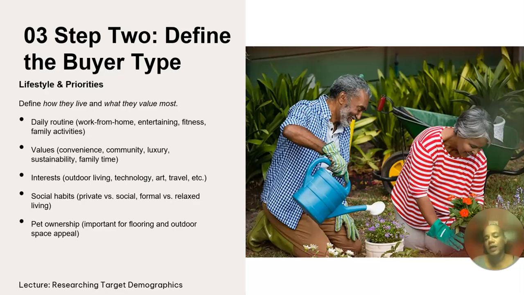So you also want to look at their lifestyle and priorities, and a lot of this might be based on what you see also in the area. So you're going to define how they live, and what they value most. So what's their daily routine look like? Again, do they work from home, or do they entertain a lot, or is fitness important, family activities? So all of this you're sort of surmising from the area, right? So when you do your research, you're going to find all of these sort of demographics, and from that you're going to kind of see